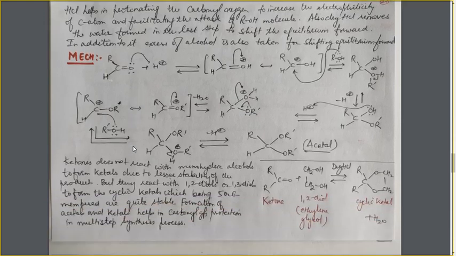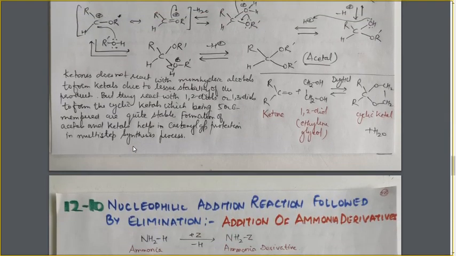Next, now ketones do not react with monohydric alcohols. अब जो कीटोन्स हैं वो मोनोहाइड्रिक अल्कोहल के साथ रिएक्ट नहीं करते हैं to form the ketals due to the less stability of the product formed, यानी कि उनके केस में जो प्रोडक्ट है वो लेस स्टेबल है, इसलिए कीटोन्स मोनोहाइड्रिक अल्कोहल के साथ नहीं रिएक्ट करेंगे. तो फिर किसके साथ रिएक्ट करेंगे? They usually react with 1,2-diols and 1,3-diols.